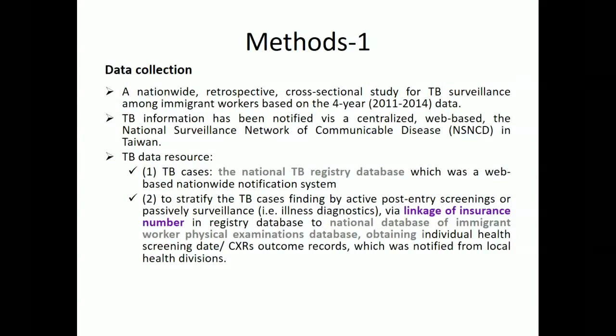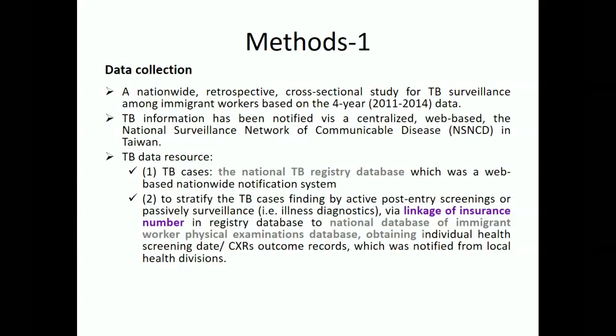Data was obtained from the National TB Registry database, which is a web-based nationwide notification system, and we stratified the TB case finding by active post-entry screening or passive surveillance.